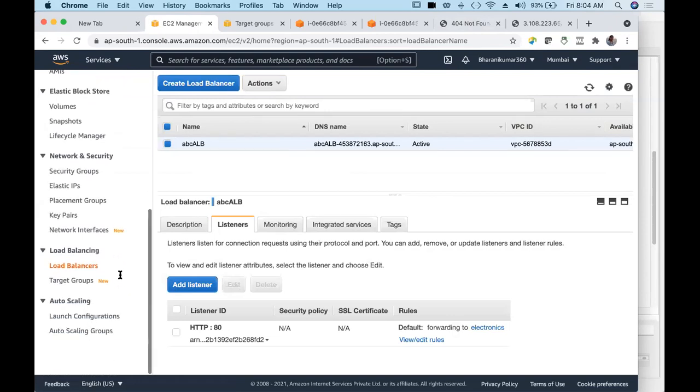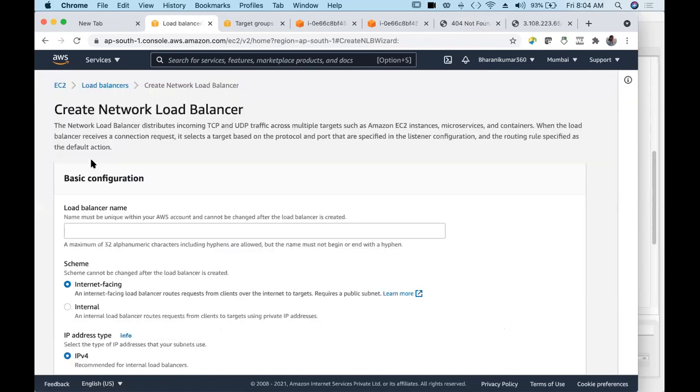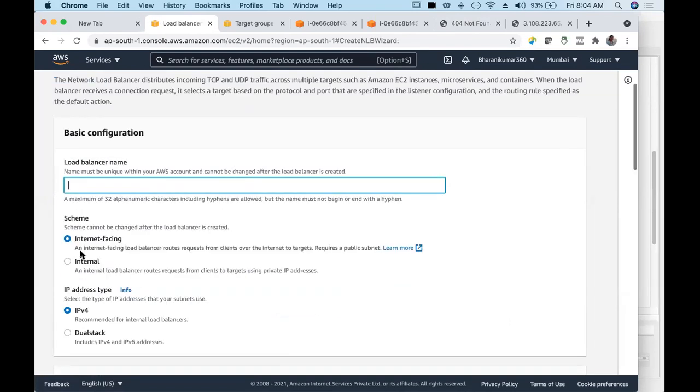Okay, going back, we have a network load balancer. Also try with network load balancer. It is the same as application load balancer. All these load balancers are very similar in creating and provisioning them. See, you have to give a name, scheme is there, internet facing.